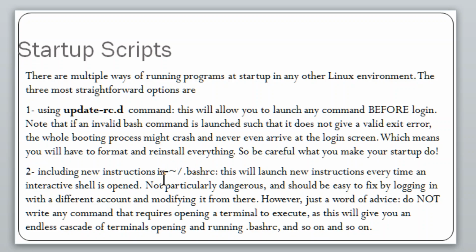The second way to do it is to include new instructions in ~/.bashrc, which is just home/.bashrc. This will launch new instructions every time an interactive shell is open. While it's not particularly dangerous and should be easy to fix by logging in with a different account and modifying it from there. Okay, so if something does go wrong, you can always just log in as a different user